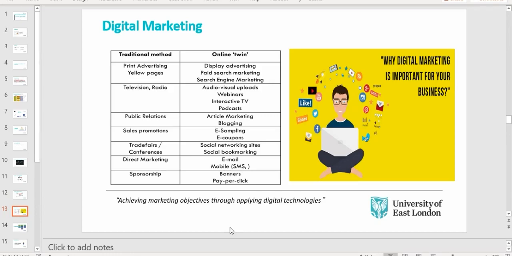But what is digital marketing? Digital marketing simply means taking those adverts and putting them online through search engine marketing or display banners and so on. So what I want you to understand is that the basic principles of marketing are the same, except that everybody is pretty much connected in a digital world, and that's why we have to do it online. So it's not this new phenomenon. It's something that marketers have always been doing. If you think about public relations, typically we used to do press releases or interviews with journalists or what have you, but we do that online in the form of blogging.